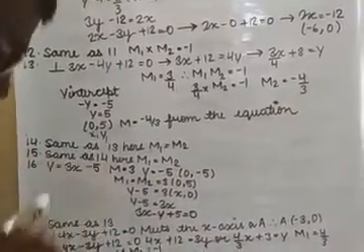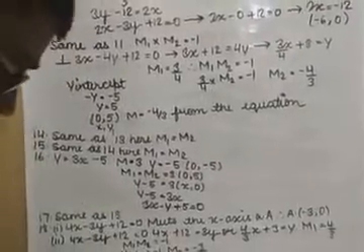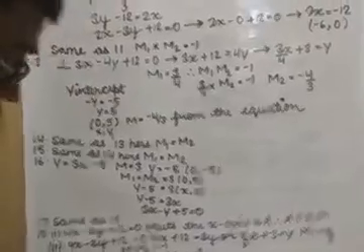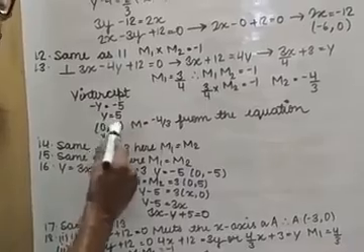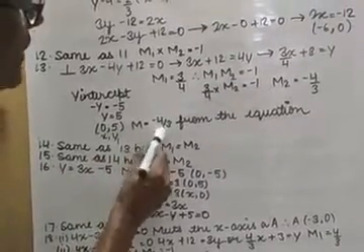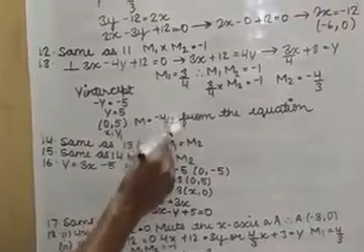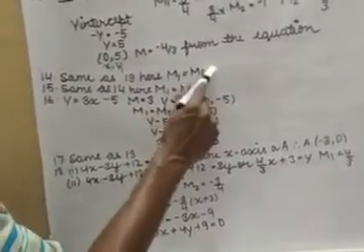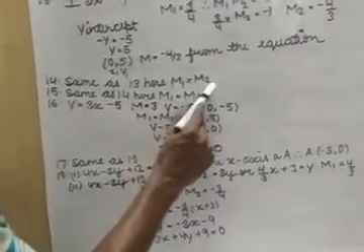Here the y-intercept is given to you. For the y-intercept, you put the value of x as 0 in the equation. So y will be equal to 5. So the coordinates will become (0, 5) and the slope will become -4/3. Now you can form the equation, because you know the coordinates x1, y1 and you have the slope. Question number 14 and 15: 14 is the same as 13. Here m1 is equal to m2. Question number 15 is the same as 14. Here m1 is equal to m2.